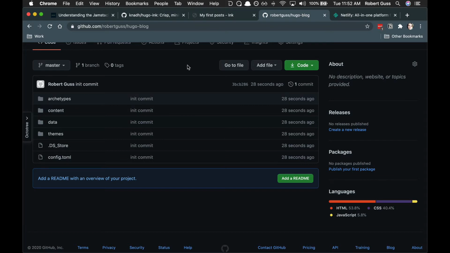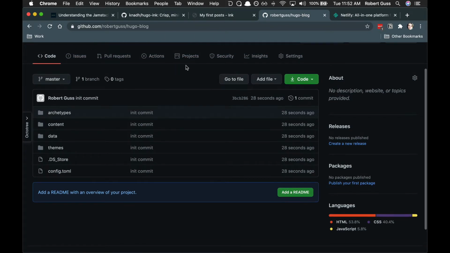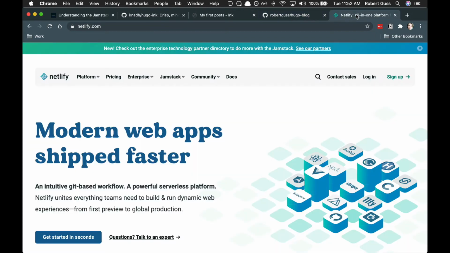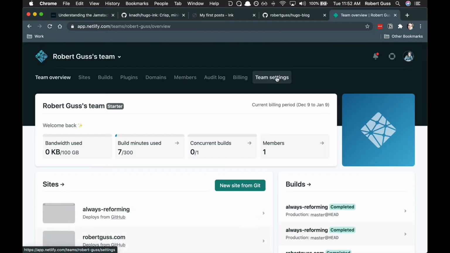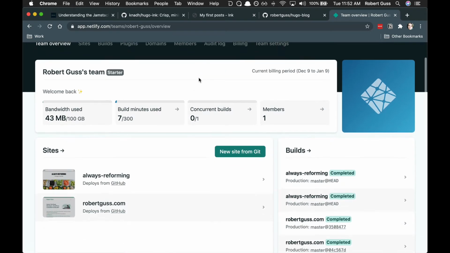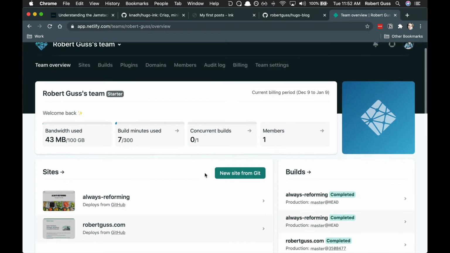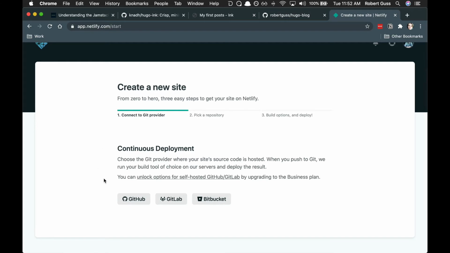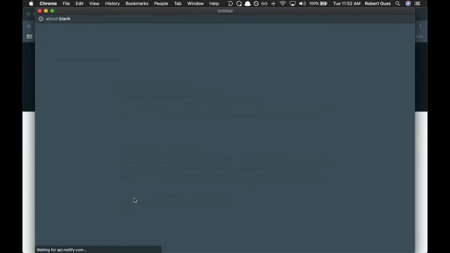Okay, so now that we've got our code up on GitHub, we need to set up our account on Netlify so that we can deploy our Hugo site and get it live. So if you go to netlify.com, you can just sign up for a free account, and once you sign up and you log in, you're going to be taken to a dashboard similar to this. I already have a couple sites up here, but what you want to do is click on New Site from Git, and it's going to ask us to connect. So we click on GitHub,